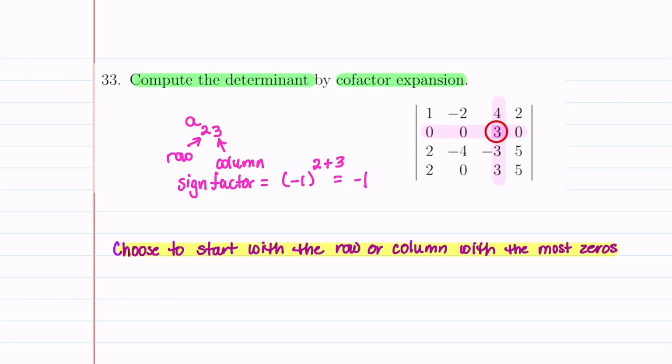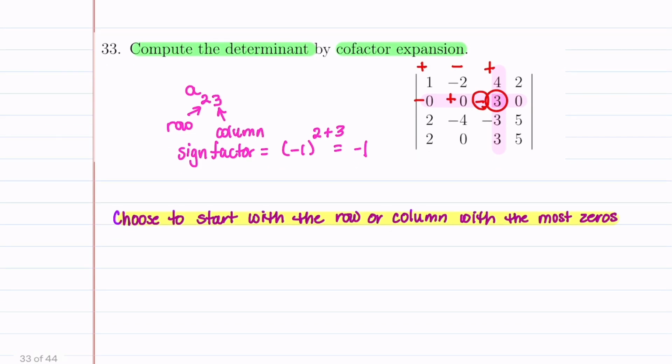The other way that you can do this is to start in the upper left-hand corner and then go down and to the right, or to the right and down. I'm going to go to the right. So you alternate the sign: plus, minus, plus, minus. If we would have gone down, we would have had plus, minus, plus, and we would still end up with our minus there. Okay, so we know that we're going to start by saying our determinant is -3,